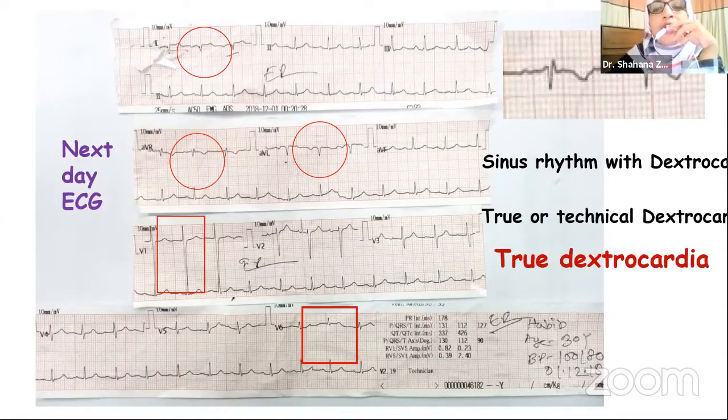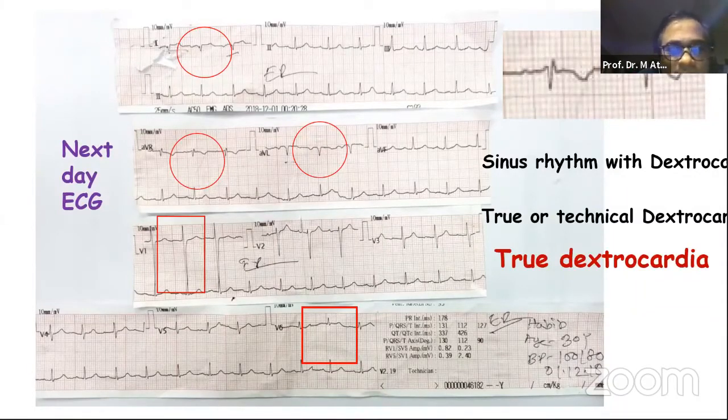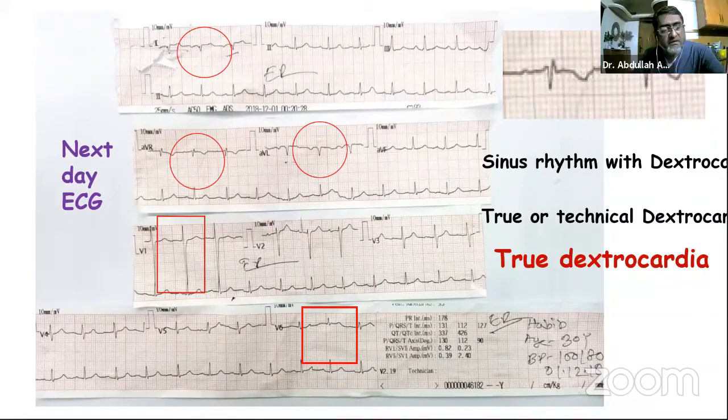Now, my comment regarding AVR, whether AVR is upright or negative. It's a positive P wave. Rofik, sir, there is a positive P wave. Regarding the pectoral leads, what she said, I differ with that, because in lead 1 there is a normal RS pattern, and in V5, V6 also, though it's not too tall,